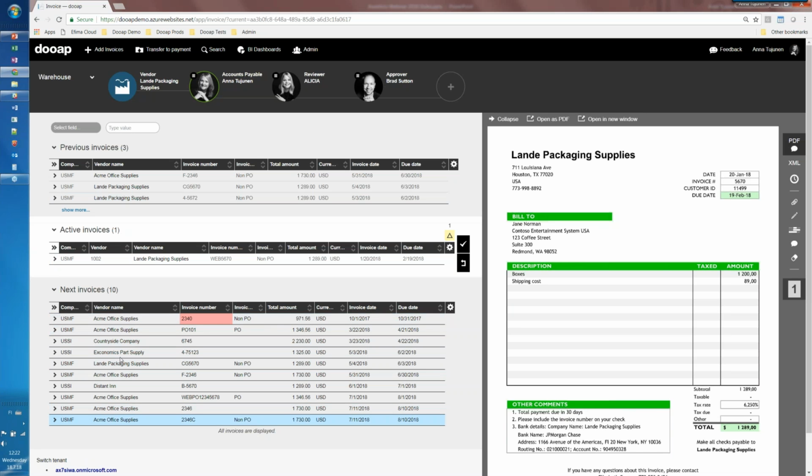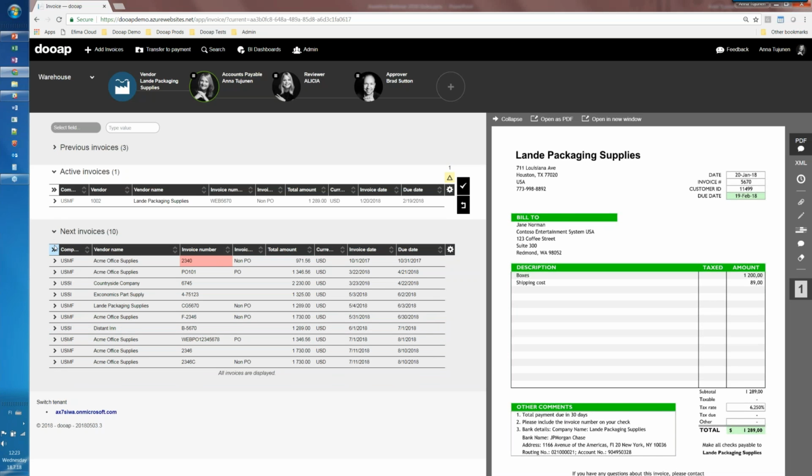So it can be a joint pool for the accounts payable people, or they can be invoices that are just waiting for me to be handled. I always have at least one invoice in the active invoice section, and then I have next invoices that are waiting in line in the queue. I also have the previous invoices section, which is more of an informational part, and I'll return to that a bit later.